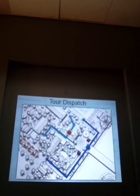Independent travelers walk into the terminal building. They may decide they want to go on a marine tour. They may decide